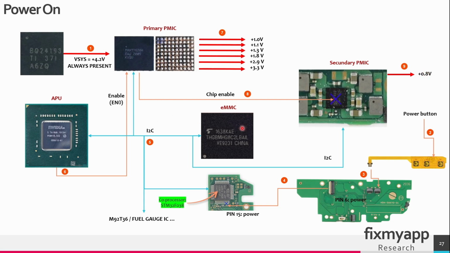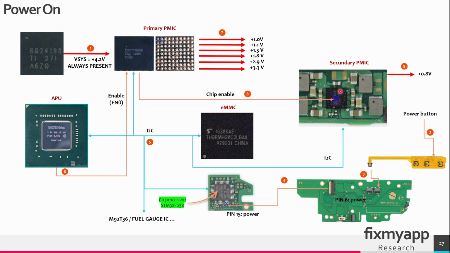So let's say your eMMC is faulty, so you have corrupted software. The APU will not send an enable signal to this power management IC. Maybe also to this power management IC. Let's say the eMMC is bad. What you will see is that your console is stuck in some kind of current. So let's say 20 milliamps or 45 milliamps, but it doesn't boot. It doesn't go to 7 milliamps and then back up to a higher current. And that's because the APU cannot communicate with the eMMC, and therefore the enable signals are not sent to the